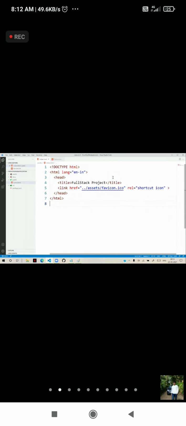So of course, we can do so much work in the head section. We will discuss initially two important options, title and link. So how do we configure them? The HTML structure is important. In the head section, title and this favorite icon. Link is used in several ways. Later you will learn for style sheets and all. Initially, we are using it for the shortcut icon.